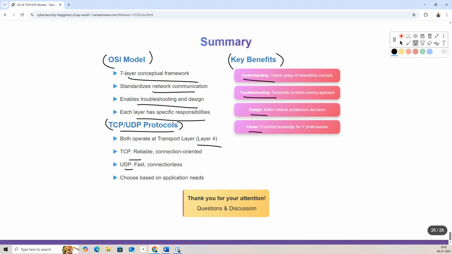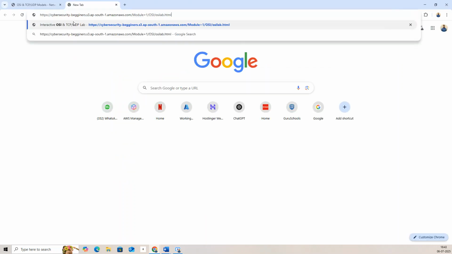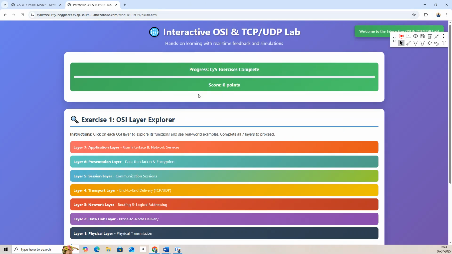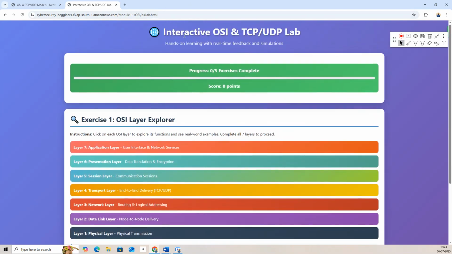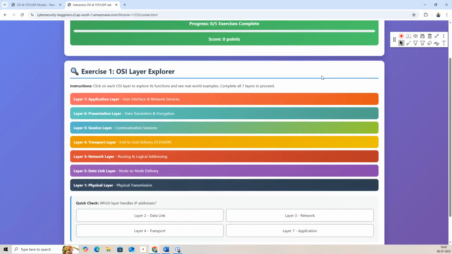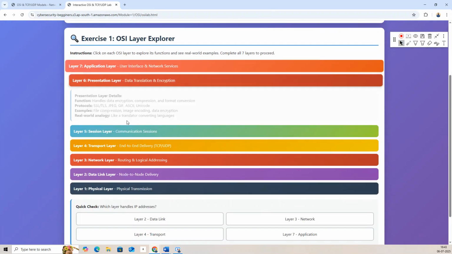Now, similar to all other labs, we have a lab for this as well. I have designed a lab specifically for this use case. So here is the link for the lab, where you can go through an interactive lab. It's a good lab. You can go through each of these,